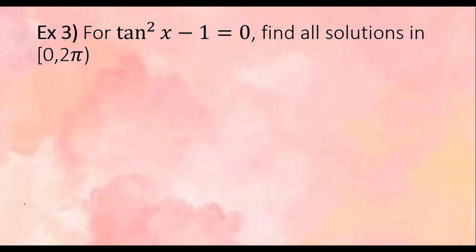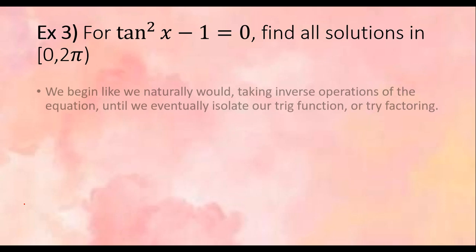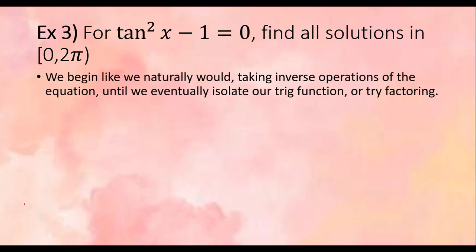Okay, elevated a little bit. Example 3. For tangent squared x minus 1 is equal to 0, find all solutions in the interval from 0 to 2 pi. So this one, we are going to still take our inverse operations until we isolate our trig function,